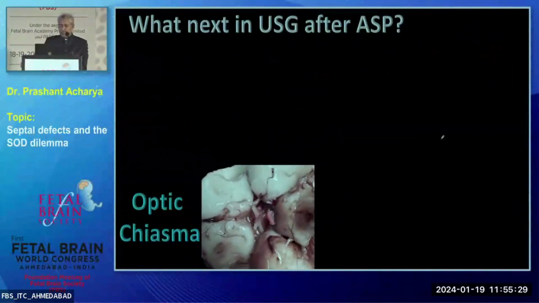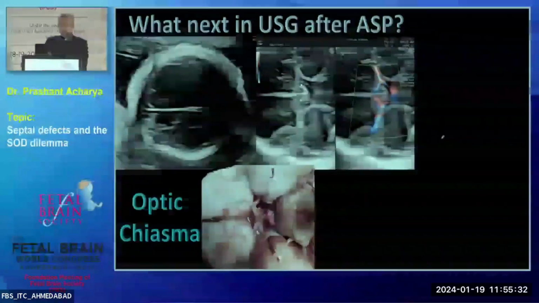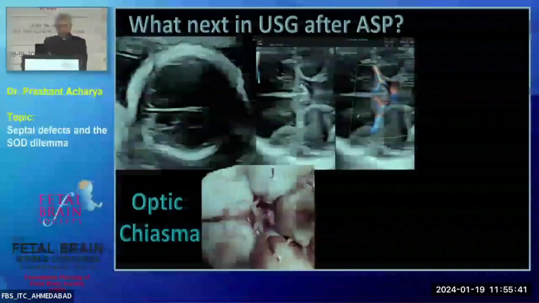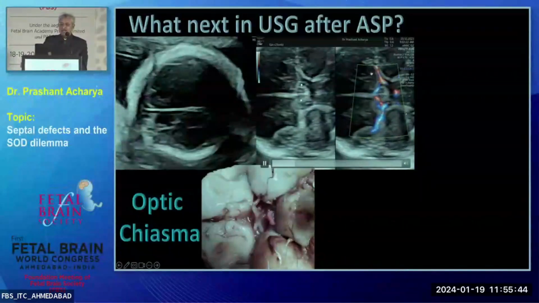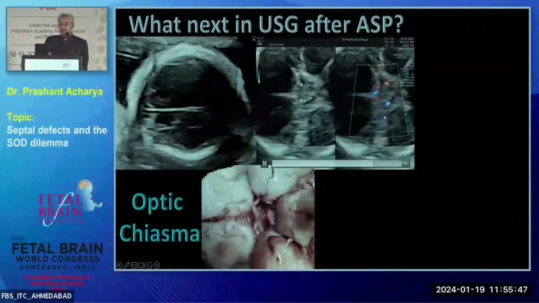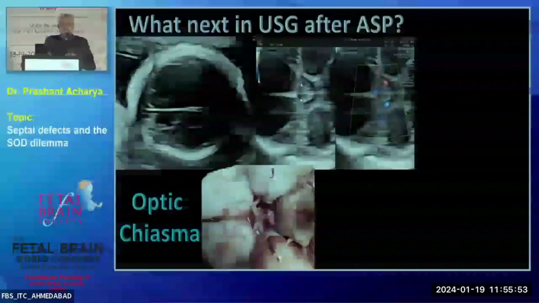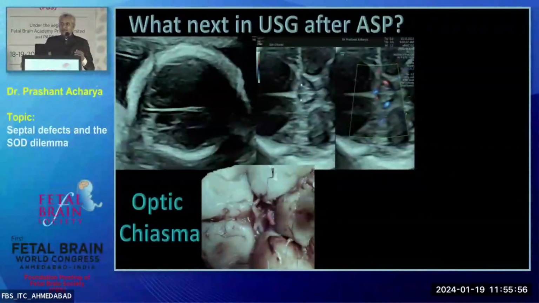As I told you, the optic nerve is going to be around the middle cerebral artery. Is the middle cerebral artery easy to evaluate or difficult? Easy. You go to the base of the brain, simple, and then click on the color. You have got the middle cerebral artery, and in this middle portion, this portion is simple. It's an optic chiasma. Everyone is looking at the middle cerebral artery, but we have never tried to look at an optic chiasma as an optic chiasma. Now your vision will change from only the middle cerebral artery. Now you will start thinking about the optic chiasma. Okay, I can see something which is not picking up the color. Because it is not picking up the color, this tends to be the optic chiasma.